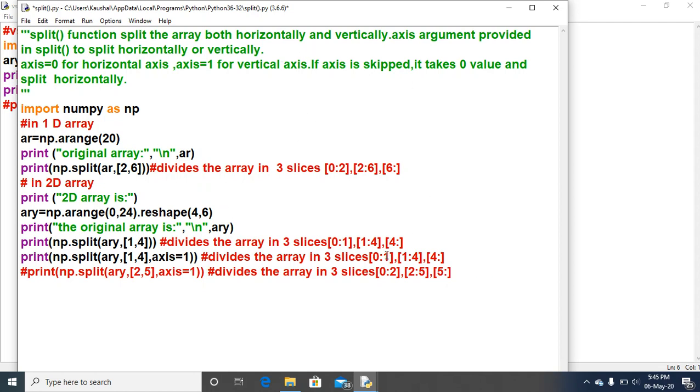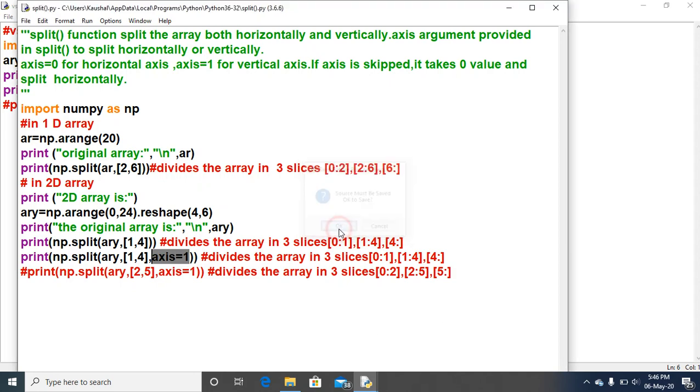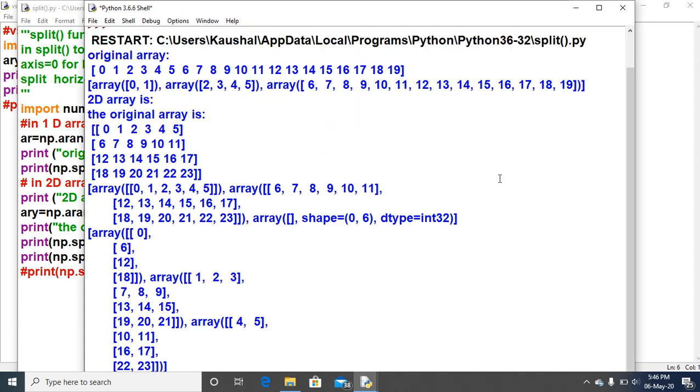So 0 colon 1 will be the first slice, then 1 colon 4, and then 4 colon. The same way, but the upper one divides the array horizontally, and this divides the array vertically because axis is equal to 1. Just look at how the output is coming. The last output you have to see.